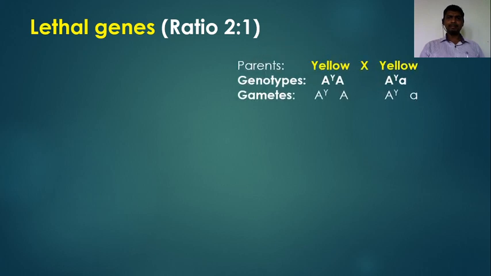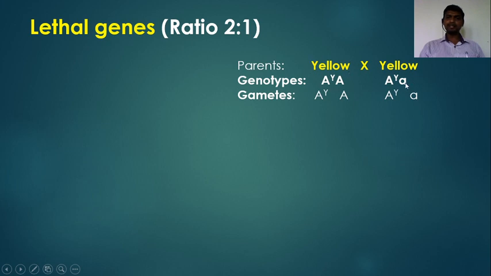When a cross has been made between two yellow coated mice, one having a genotype of capital AY, capital A, another one having a genotype of capital AY and small a. This yellow parent is the hybrid of yellow and agouti, while the other parent, which is also yellow coat colored, is the hybrid of yellow and black. So yellow is dominant over both agouti and black, due to which the yellow hybrid has been formed when a cross has been made between yellow and agouti. It forms the yellow progeny.